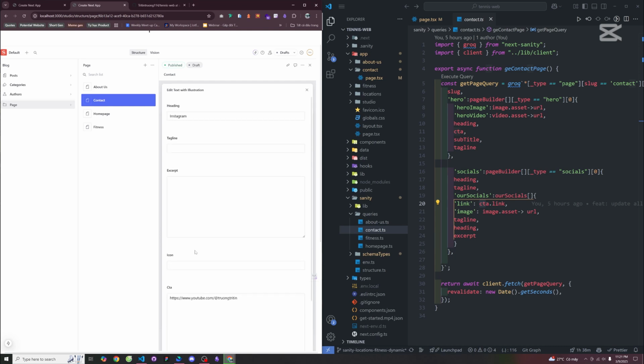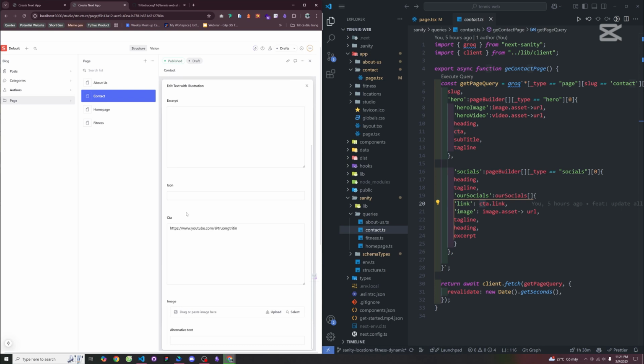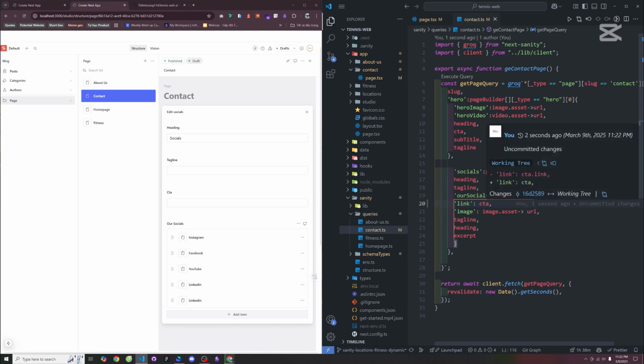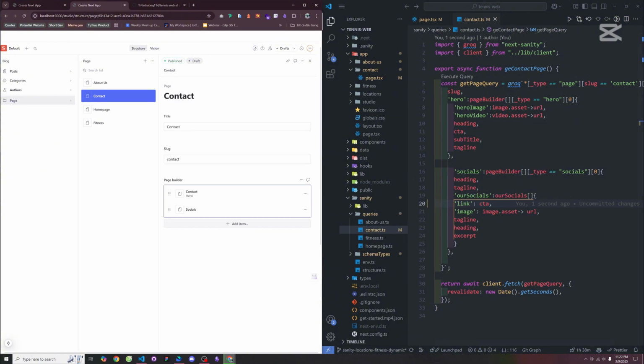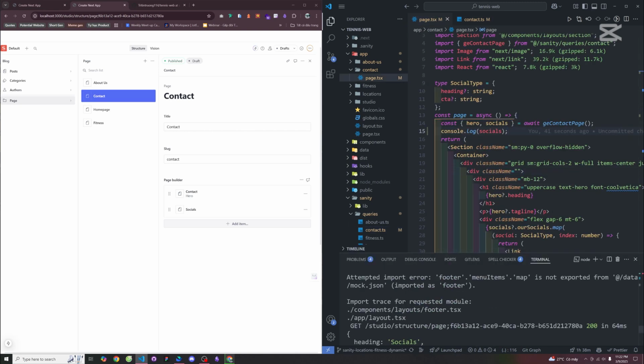So we have the CTA in here. For the link at this end, we just need to return only the CTA like this one. When we remove the link here, I believe in this sense we're going to see the data